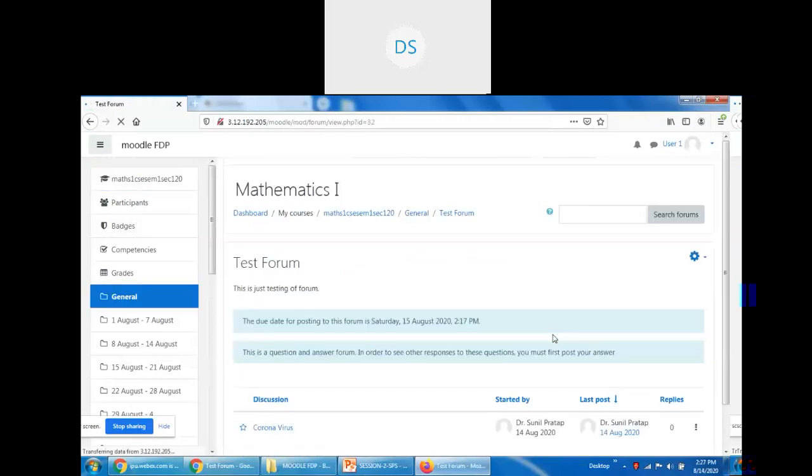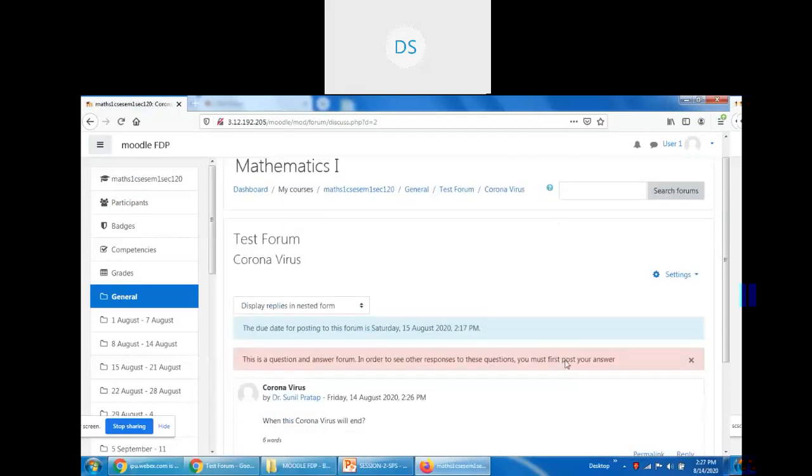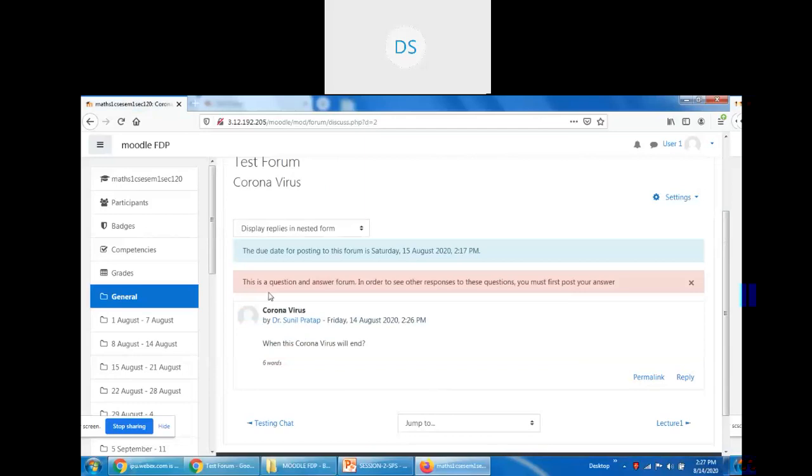In test forum, this is the window where I can see the due date for posting to this forum is Saturday 15th August. This is the time we had set during creation of the forum.